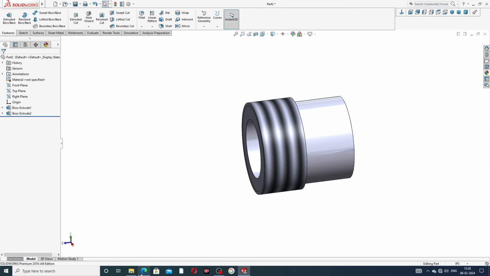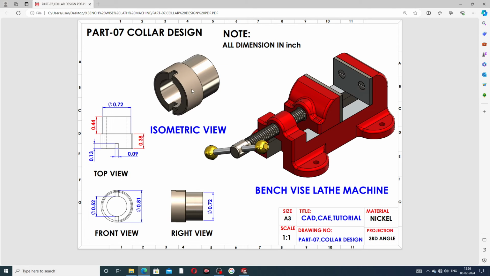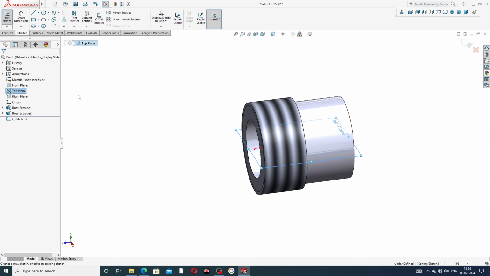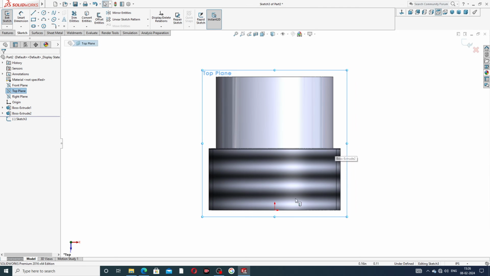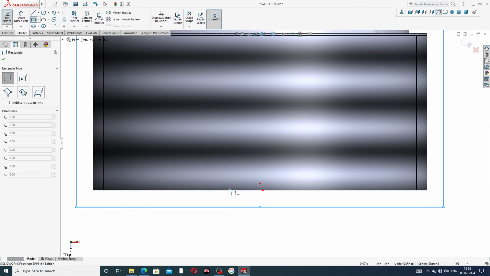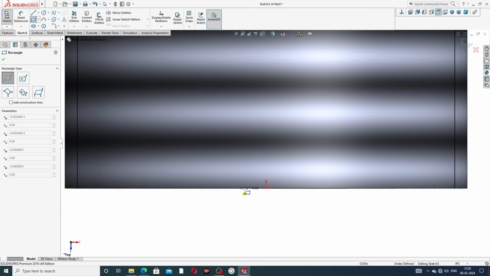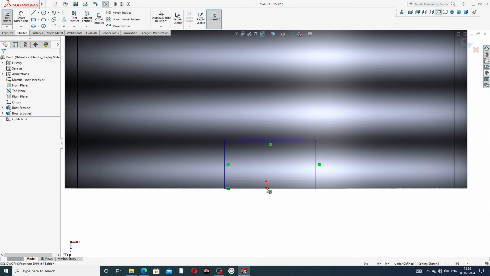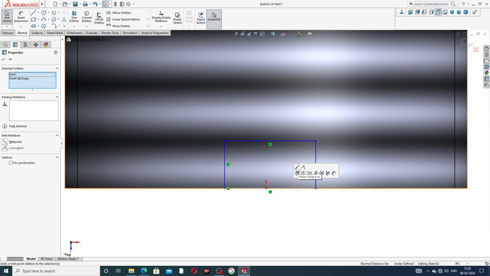Again, this cutout is very important. At first select a plane, the top view is better, select the top plane and Sketch Normal To. Select Corner Rectangle and draw it here. Some relations are very important: select the origin point, press the Control button and select this line, and make it a midpoint.